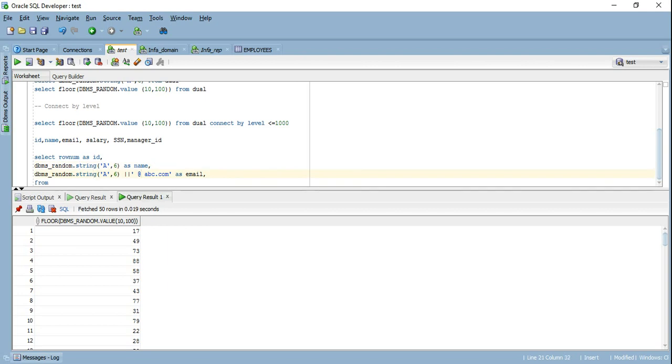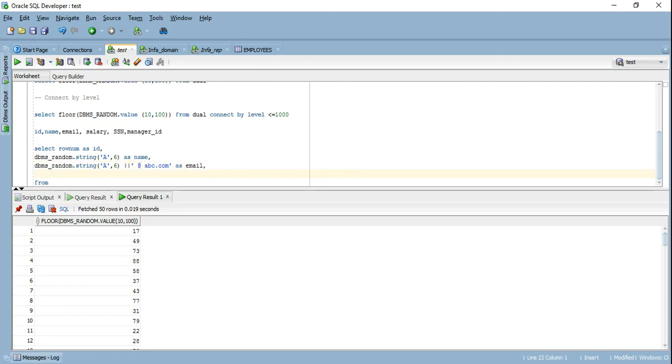Email is a random string @abc.com. Then the next column is salary. So I'm going to use my floor function here with the dbms_random package. And since it's not good to have such a low salary, I'm just going to multiply this with 1000.